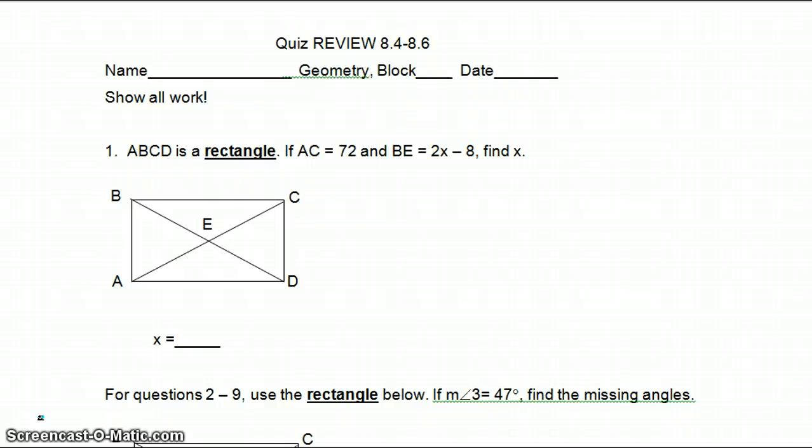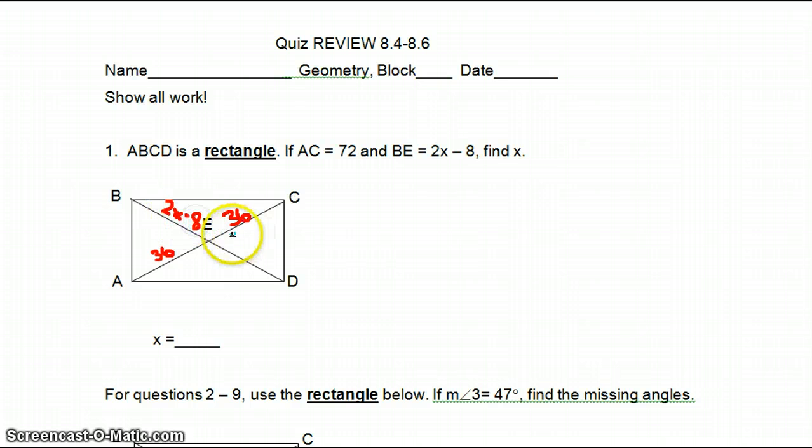Show all work. Number 1, ABCD is a rectangle, AC is 72, and BE is 2x minus 8. Well, AC is 72, so this distance is 72. It usually doesn't do us any good to use the whole thing, so I'm going to cut that in half and make that 36 on this side, and 36 on this side. And we're told that BE is equal to 2x